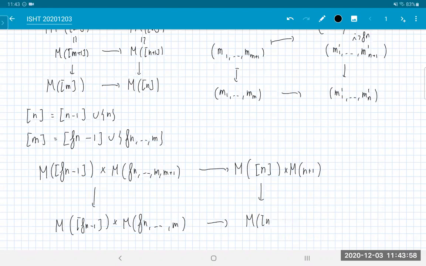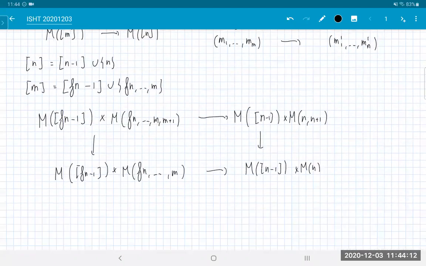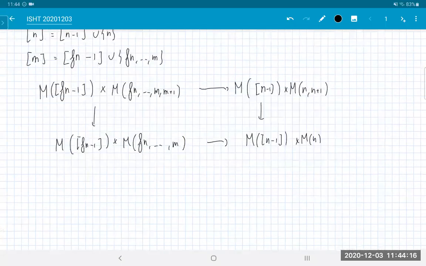Sorry. No, n minus 1 plus 1, n minus 1 times F_M of n. So I can see this as the product of two squares, one corresponding to n minus 1 and one corresponding to just n. And so by induction, I can decompose this square